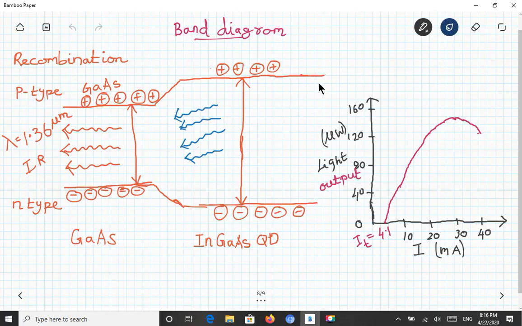But we are making an IR laser. How will you achieve this IR laser? So we are getting a blue color, and this blue color will stimulate the p and n-type gallium arsenide. As it is a smaller band gap, it will take the energy of the blue color, and the transition will happen. So the recombination process will be happening by this blue color light, taking the energy of the photon, and due to that photon, it will be triggered.